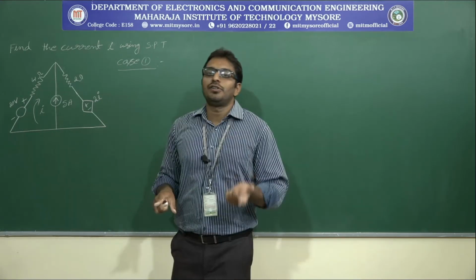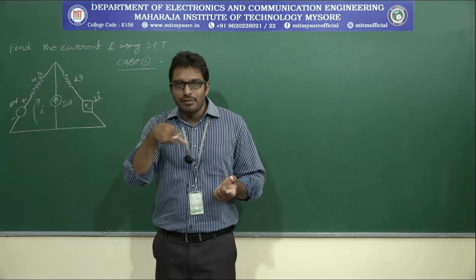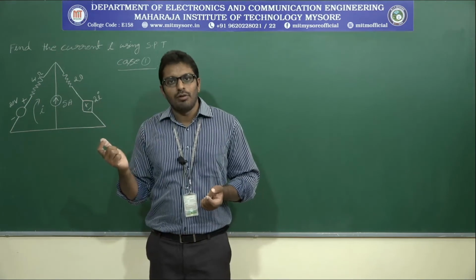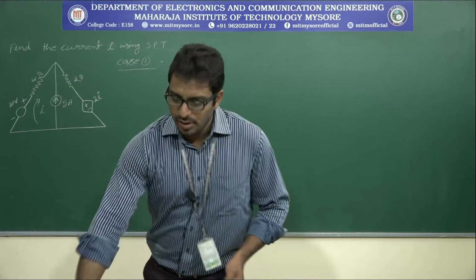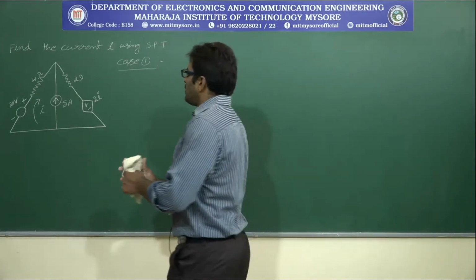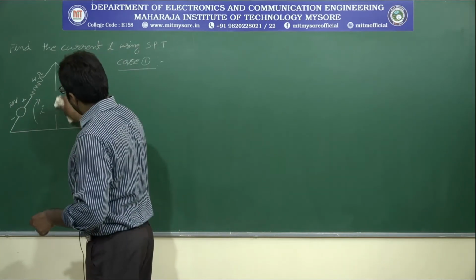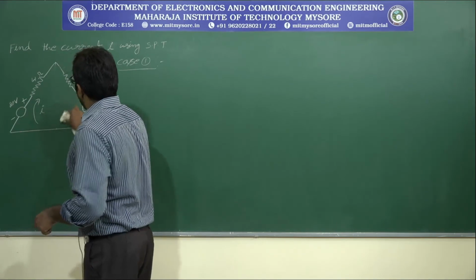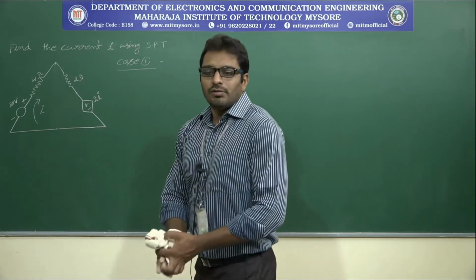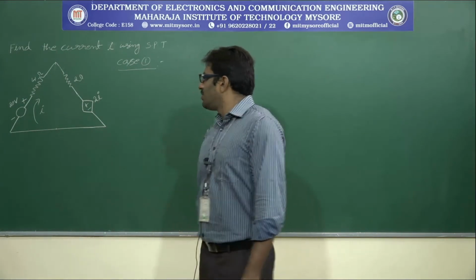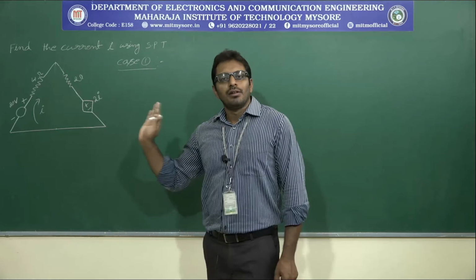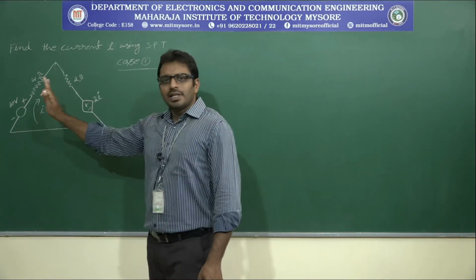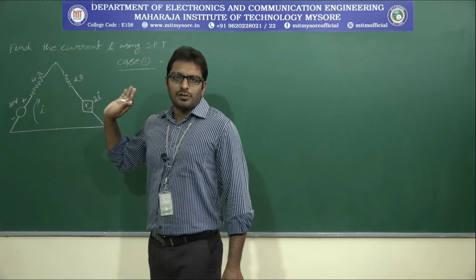Current source is set to 0 means what? The current source value becomes 0. When does the current source value become 0? When it is open circuited. Is it clear? So, in order to make it an open circuit, just remove this current source. Okay, now find out what is I. After removing that current source, we can see only one loop in the circuit. So, in order to find I, just apply KVL for this loop.